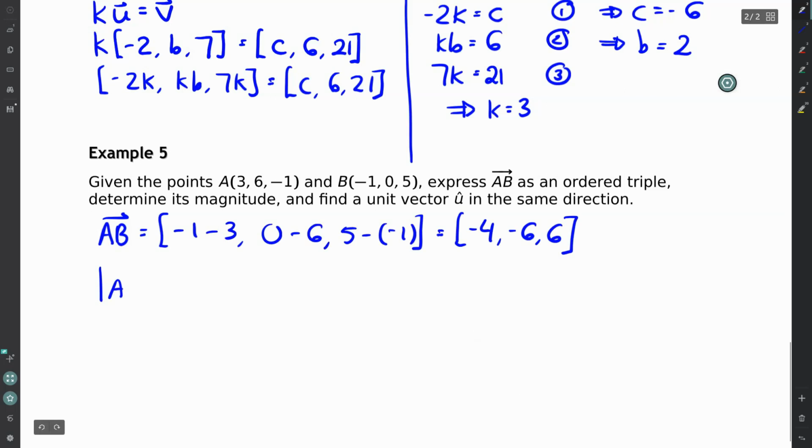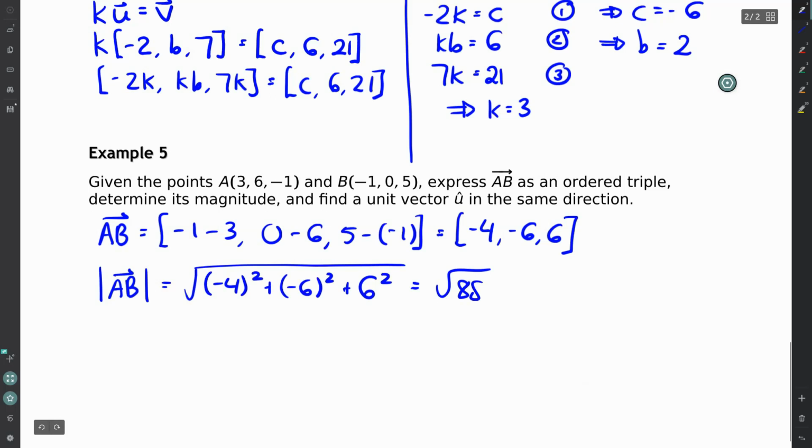Magnitude of vector AB, since we've got it as an ordered triple, we'll just use that. So negative 4 squared plus negative 6 squared plus 6 squared. You can do the math. That's going to work out to the square root of 88, and it will be handy to simplify that. That's 2 times root 22. Remember that the square root of 88 is the same thing as the square root of 4 times the square root of 22. So our vector u hat is going to be AB all over